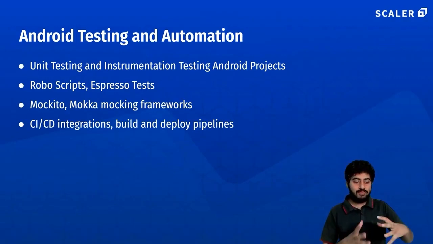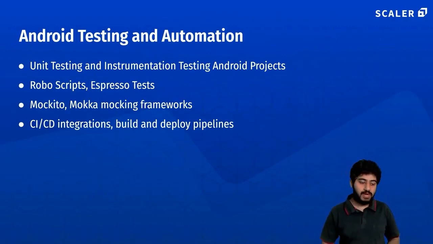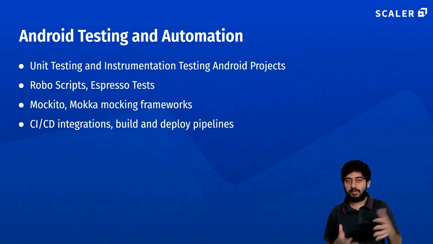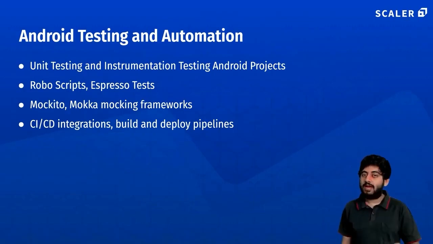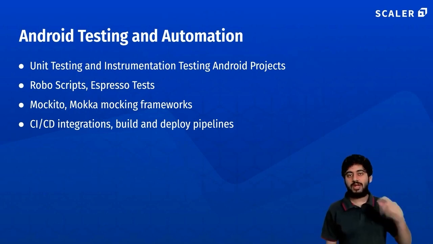So you should have a setup in place so that you can record UI tests and work with the QA team, so that they can be automated. Use frameworks like Mockito or Mocha, which can mock out certain parts of the app that are needed while testing. For example, you want to mock fake data coming from the API while the tests are running, because you can't run tests on real data, since real data keeps changing.